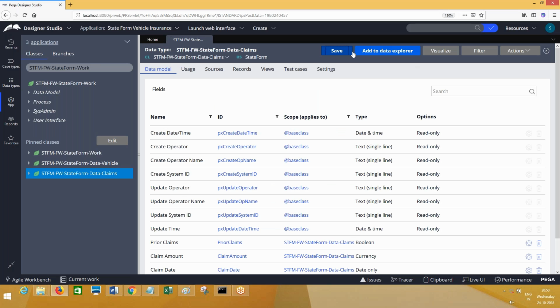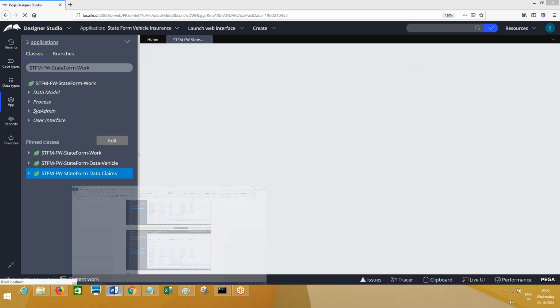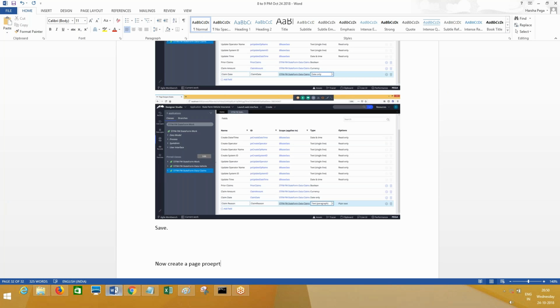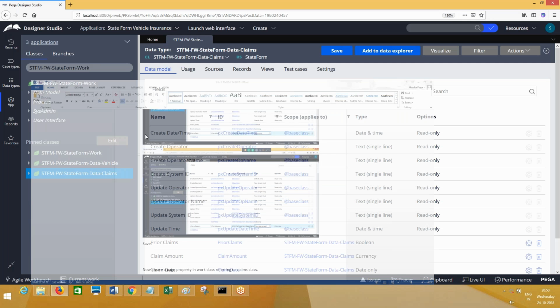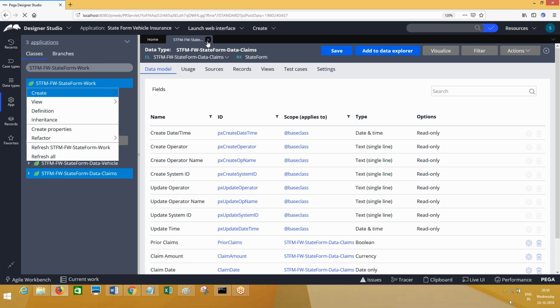Now create a page property in the work class, referring to the claims class. Referring to claim. So in the work class, I have to create it. I will close this. Create. So you want to see the properties available here?